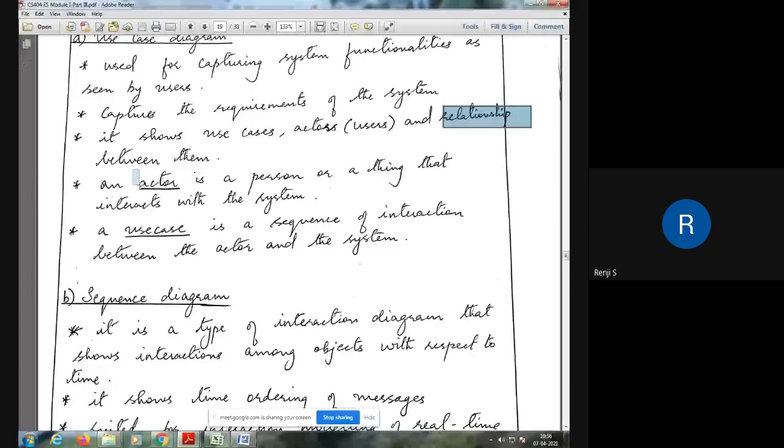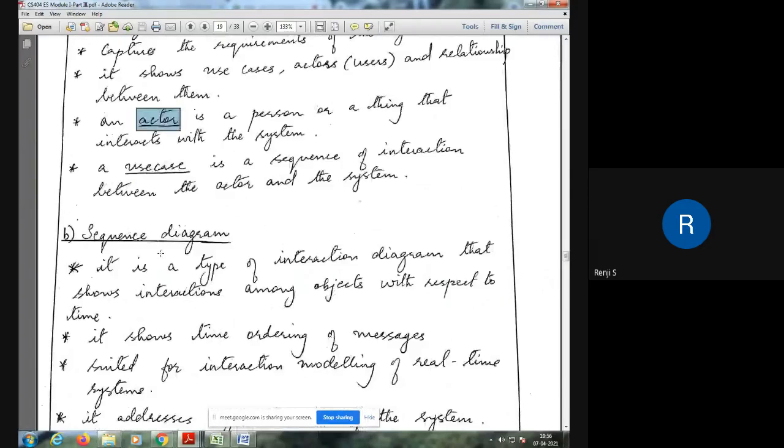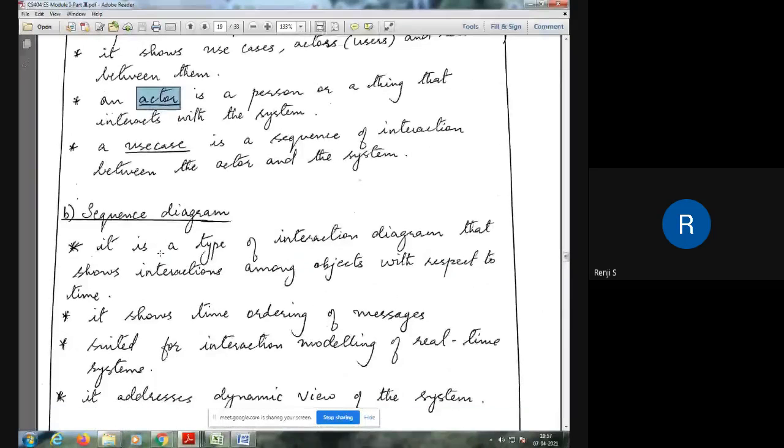And anybody who's going to give an input, or somebody who's going to take the output from the system, can act as an actor. And this actor is represented as a human symbol in use case diagram. Then use case, as we said earlier, it is a thing in UML. The definition was also said earlier.